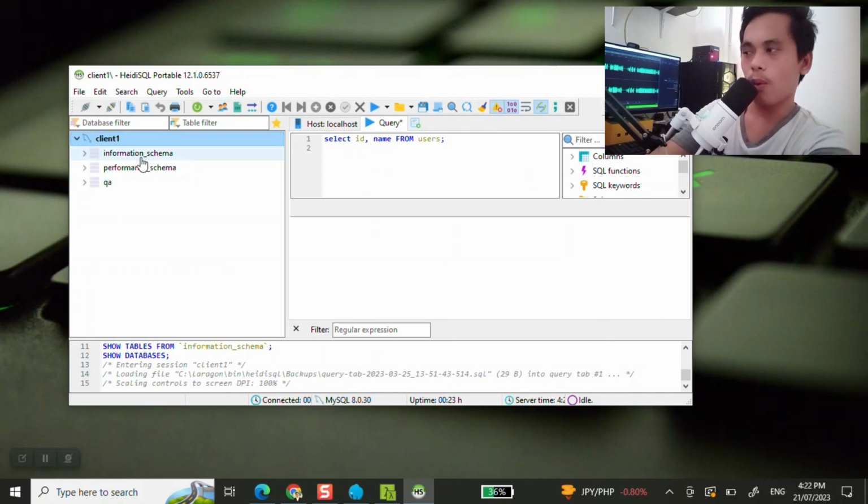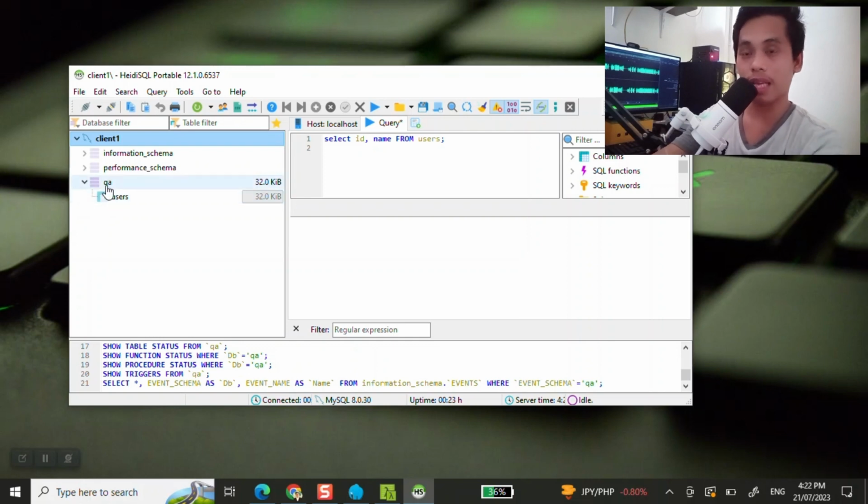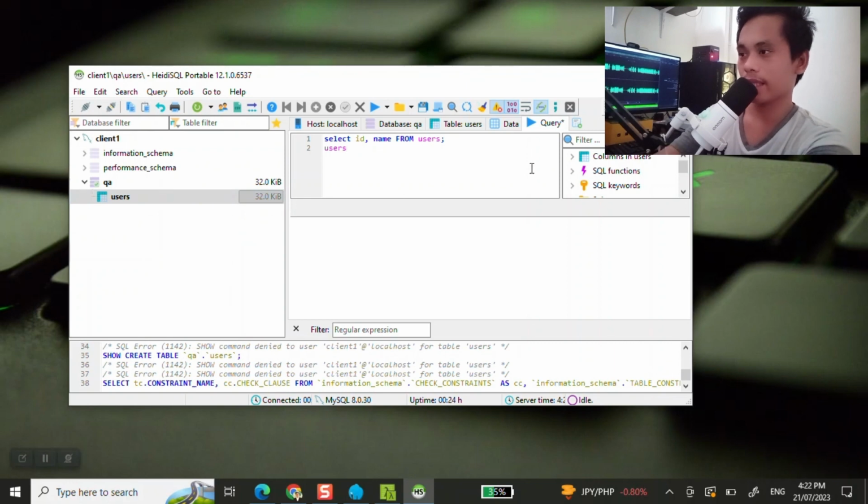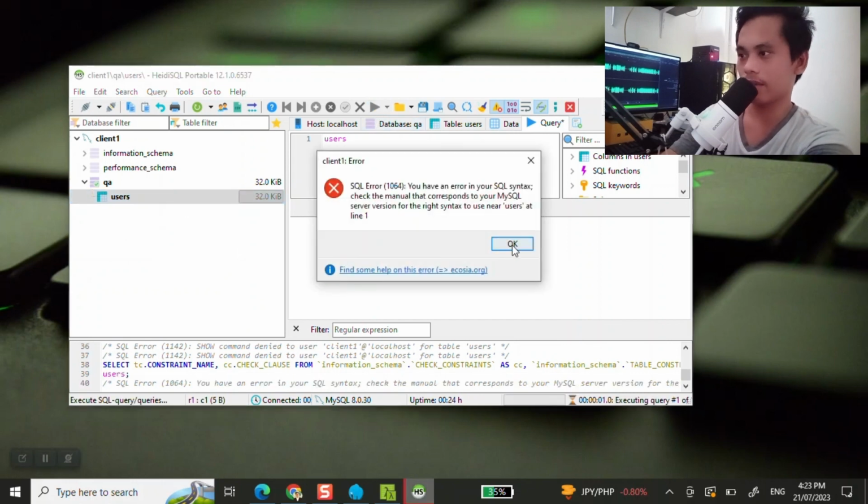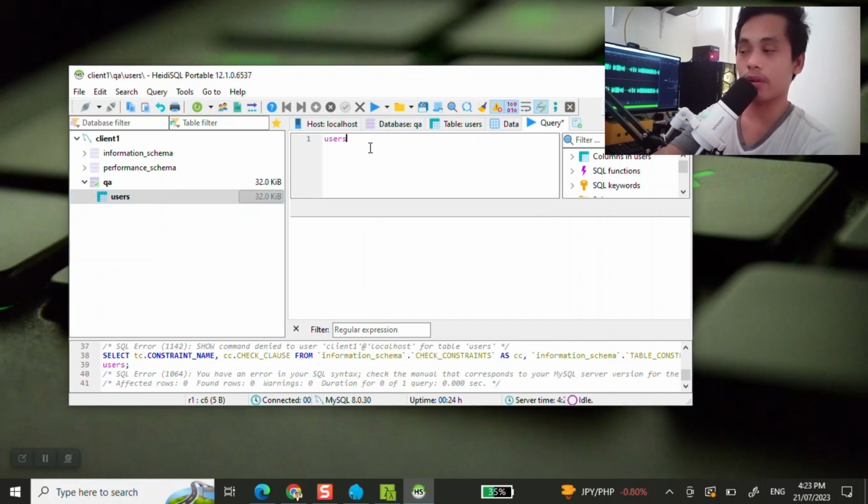Okay, so once you are authenticated to the MySQL client, then you should be able to see only those databases that were assigned to the specific MySQL user. And also you will be able to see the specific table and the columns. But if you select all, then that should throw an error, because if you double click that and maybe hit search or something, then that should throw an error, because you cannot run the users